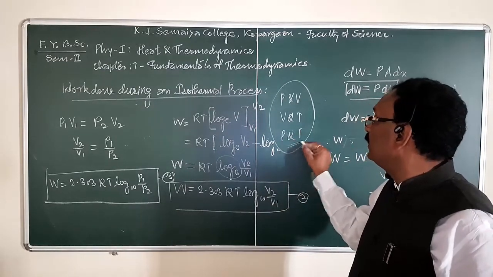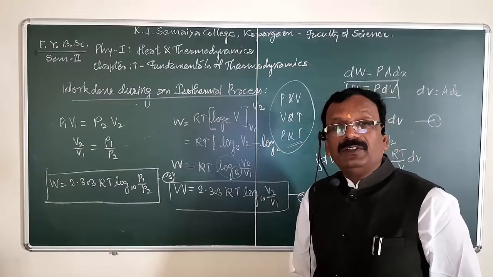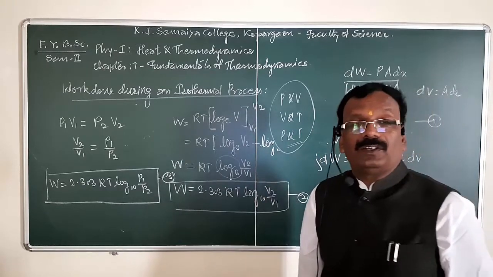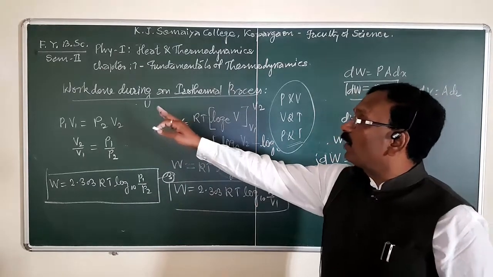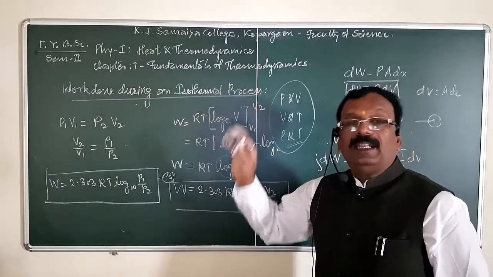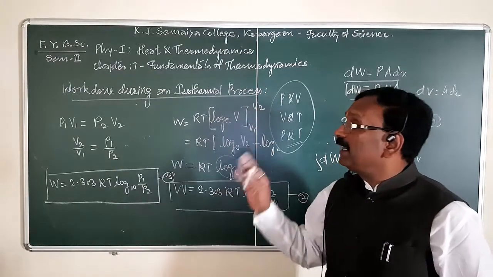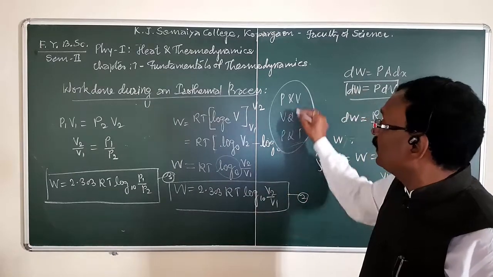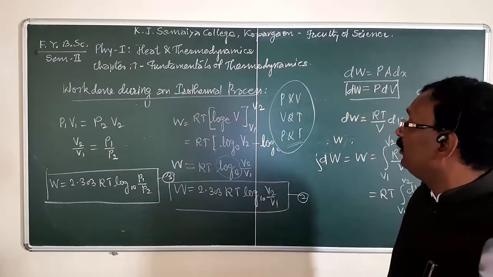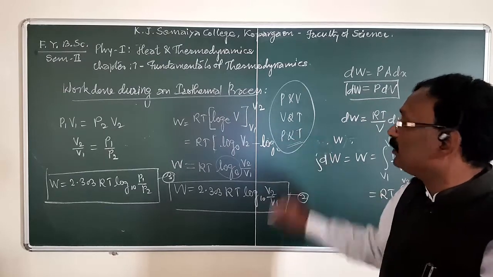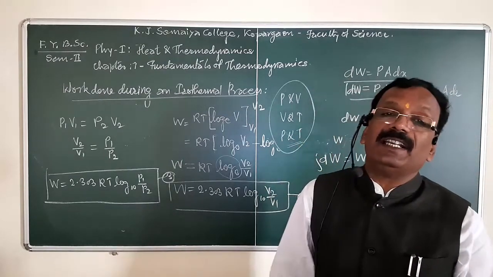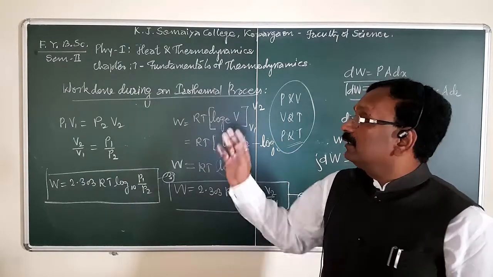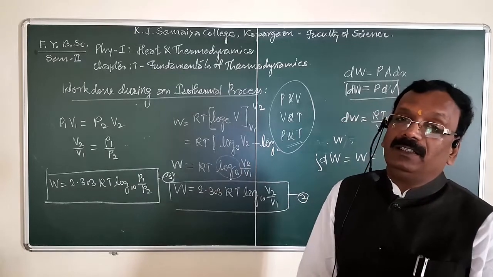We have to study these adiabatic relations because without this we cannot obtain the expression for work done during an adiabatic change. In order to obtain an expression for work done during an adiabatic change, we have to first study the adiabatic relations between pressure and volume, volume and temperature, and pressure and temperature. So, in the next lecture, we will study the adiabatic relations, and then we will obtain the expression for work done during an adiabatic change.